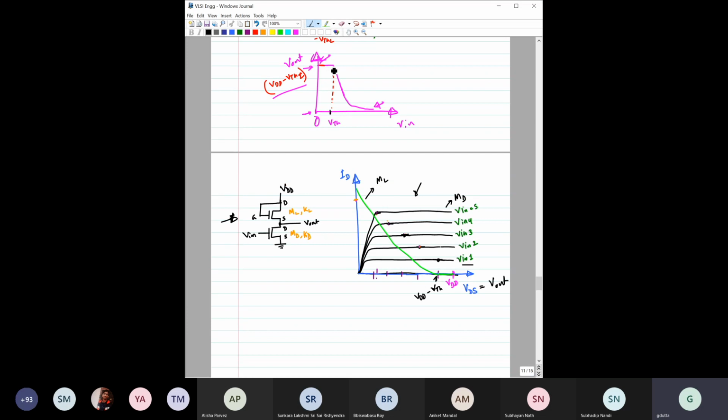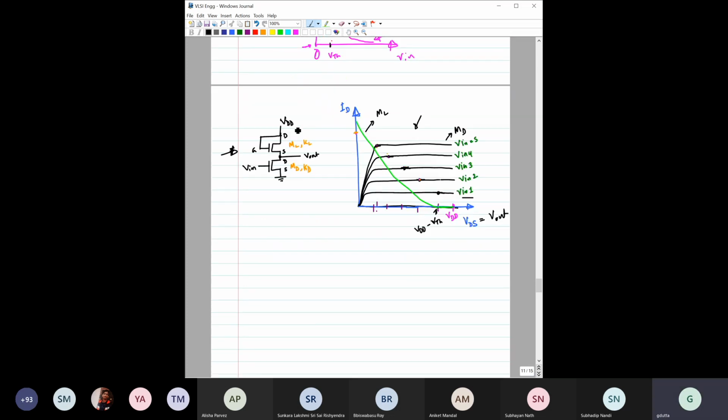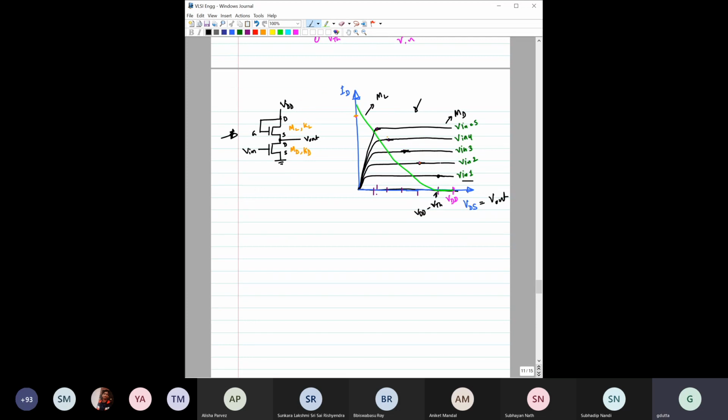Then this transistor is off. Then this V output would be equal to VDD minus VTHL, right? So on the other way, maybe we can write it quickly. So when this VDD is less than VTHD, the ML is